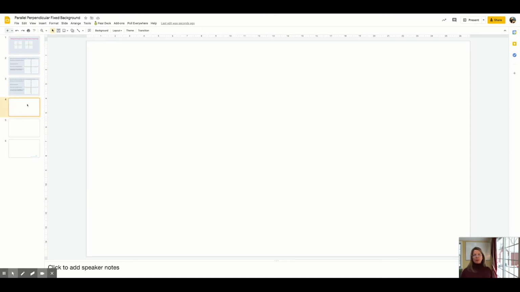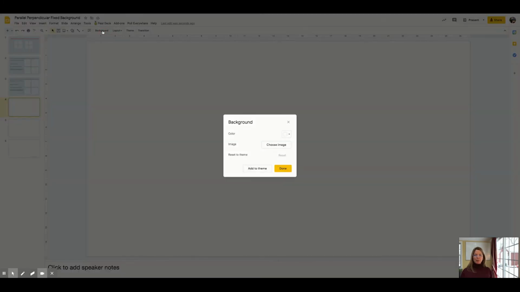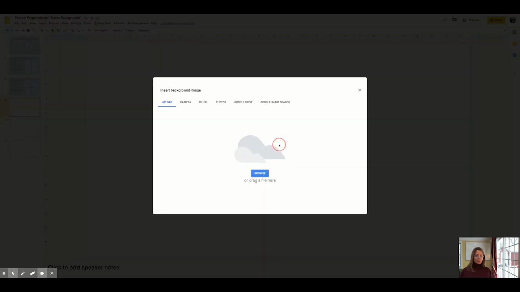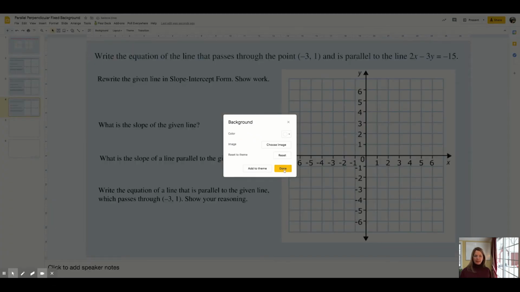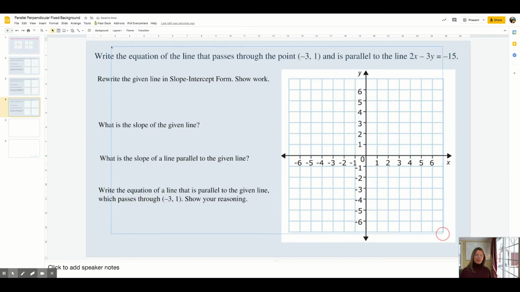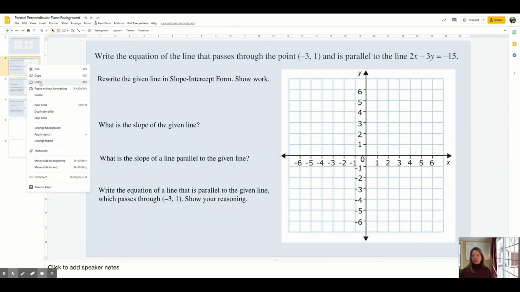So I go to my first blank slide and I'm going to change the background by choosing the first picture that was downloaded. It goes to the downloads area of my computer. I'm going to select the one that I downloaded first. Give it a second to appear on the Google slide deck, and then you can hit done. And now you see that this is a fixed image that cannot be manipulated. So I can now delete this particular